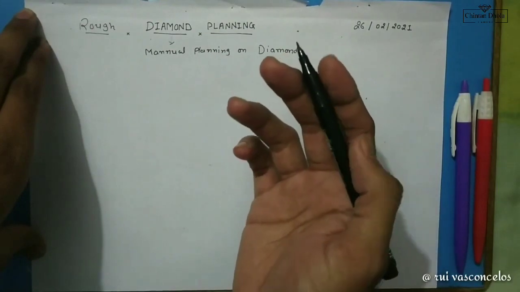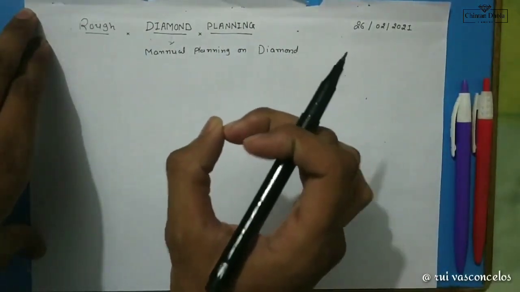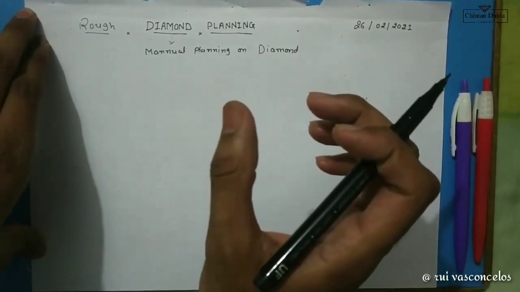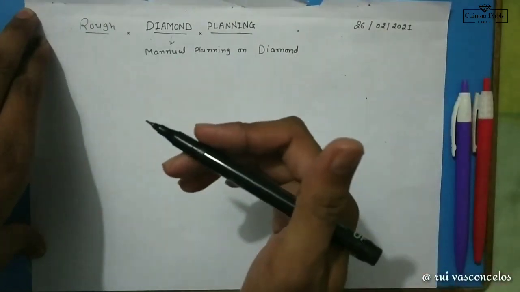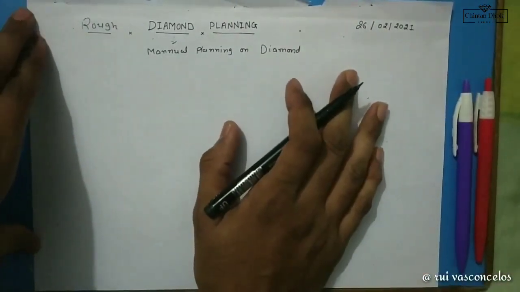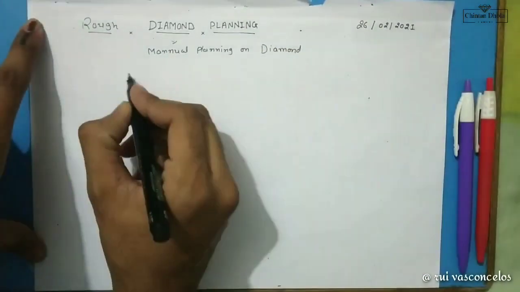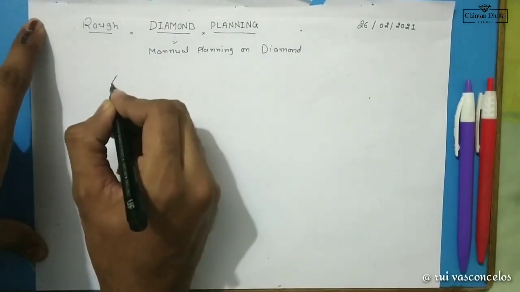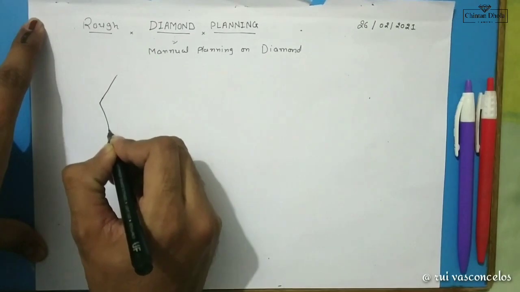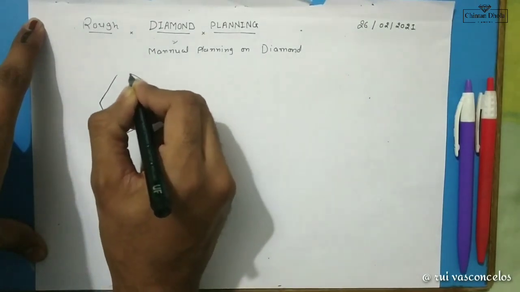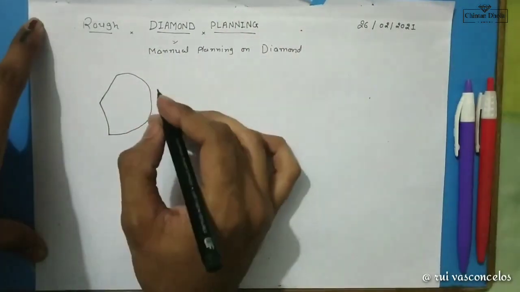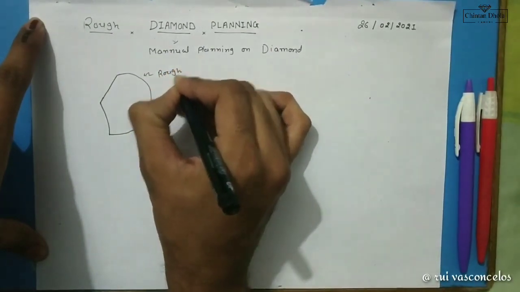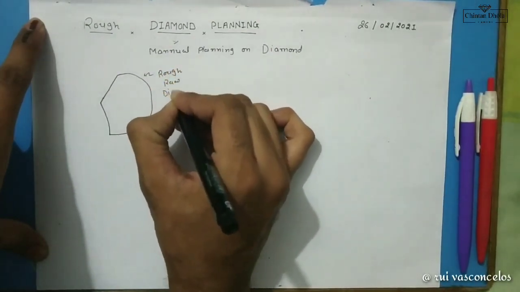After observing, we make the best plan. We decide from our mind what is the exact plan and what is the bigger plan, so I can achieve much higher dollar value from it. After that, we look at the 2D form, like the diamond form. That diamond form is like this, because every time you get different types of diamond. Now look, this is the particular rough diamond form, or we can say raw diamond form.